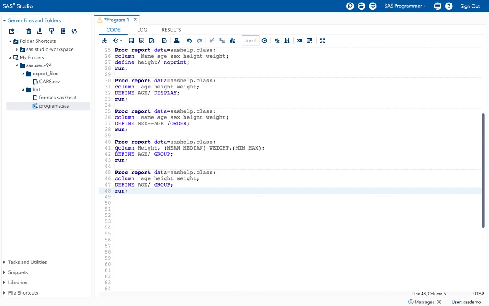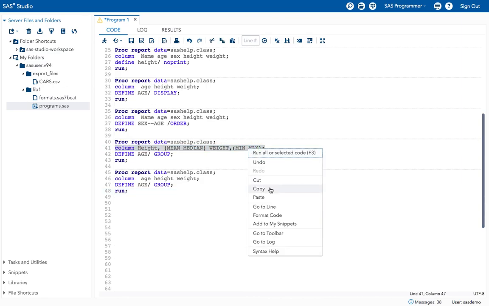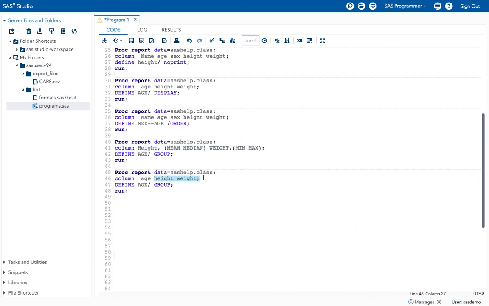Now, how to mention age also here. Let me take this. Age and height are the two columns. So in this, we now execute the program.